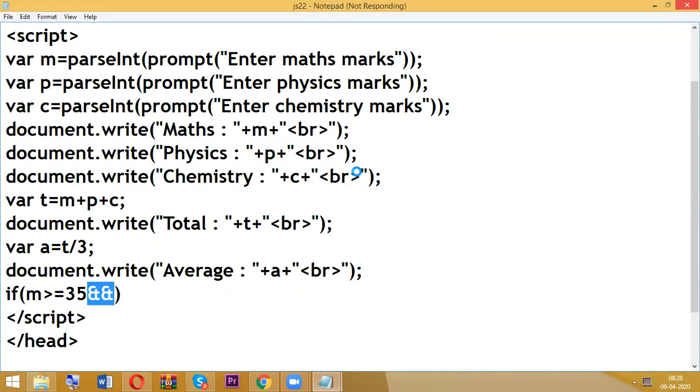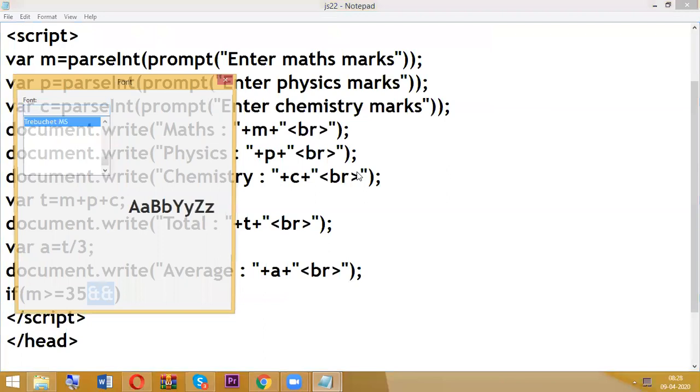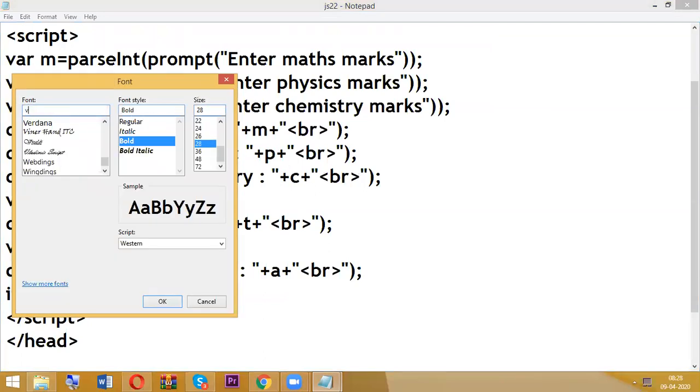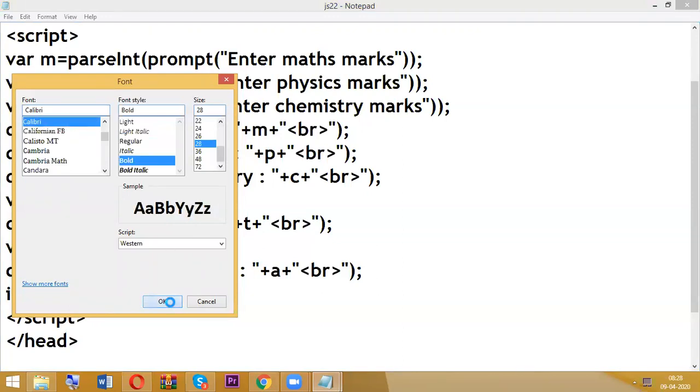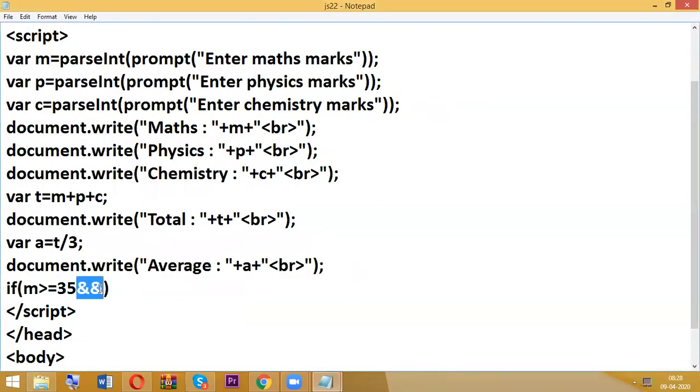Just 1 second. Okay, so I am using ampersand: P greater than or equal to 35 ampersand C greater than or equal to 35.